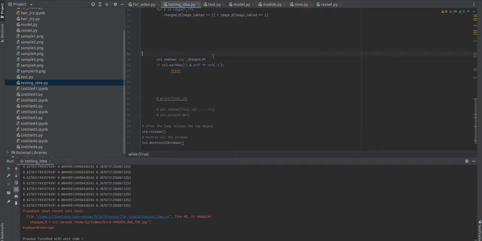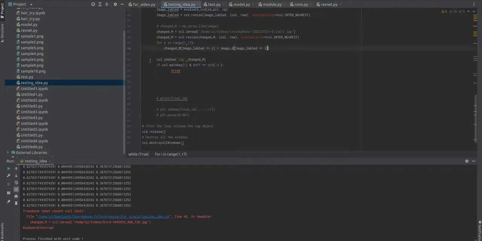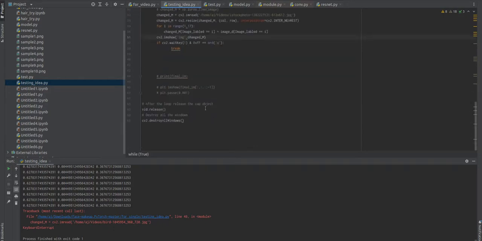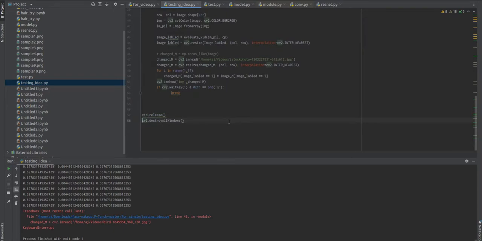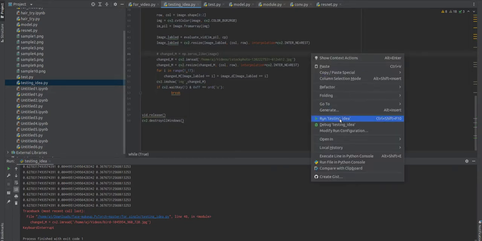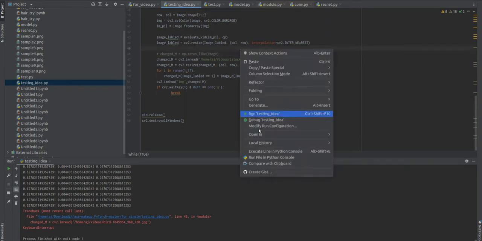I'm actually doing this experiment for a couple of minutes now. Okay guys, now everything is okay. So now I'm going to run this experiment. Hope this will work, I don't know. I'm testing it. I gave this script the name testing underscore idea, and let's see how this idea will